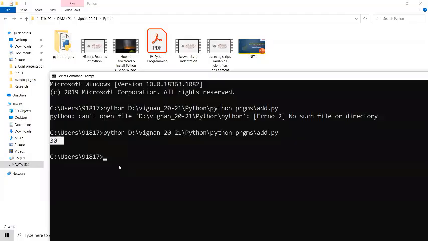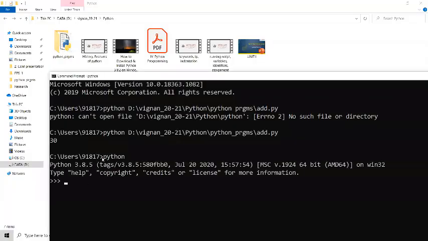So how to move to the Python shell first? How to move from your C directory to the Python shell? Simply type python.